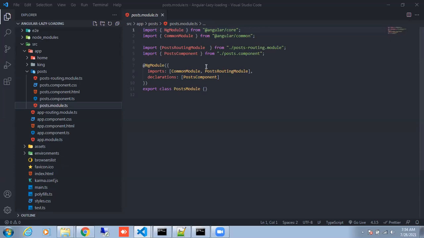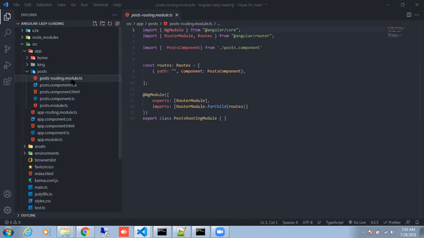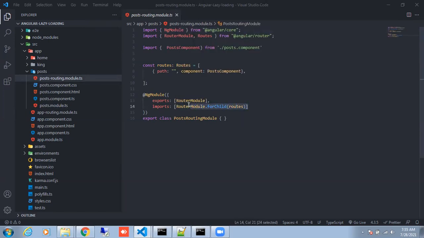You see, line number 4 is loading what? The post routing module. You see there's a file created on the left hand side in the same folder. Now you see here we are using the same components, post component. But if you see below, line number 14, router module dot forChild.